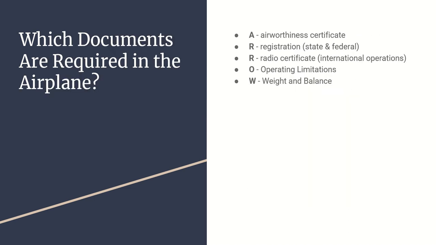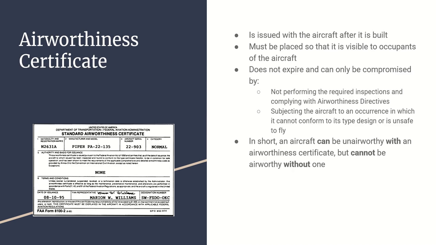With that being said, let's move on to documents. Remember, AARO is the acronym that we want to associate with this. So we have Airworthiness Certificate, registration, both state and federal, radio certificate for international operations, operating limitations, and weight and balance. So the Airworthiness Certificate, remember, is a little piece of paper that must be in view to the occupants of the aircraft. For us, it's down in that pocket, in that clear sleeve, and it's